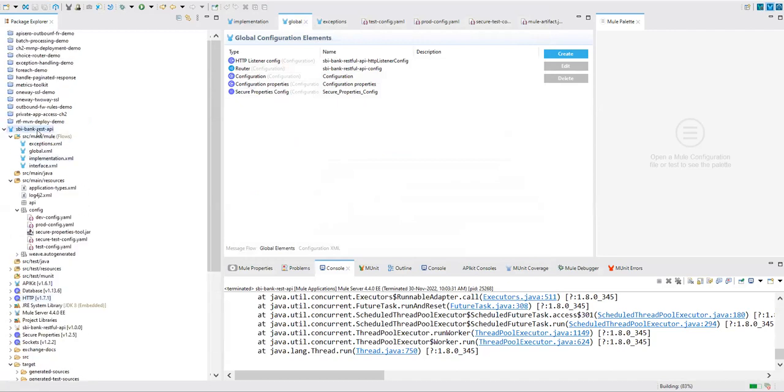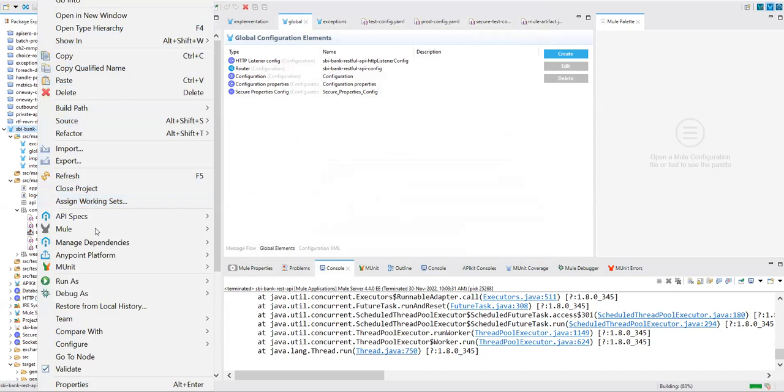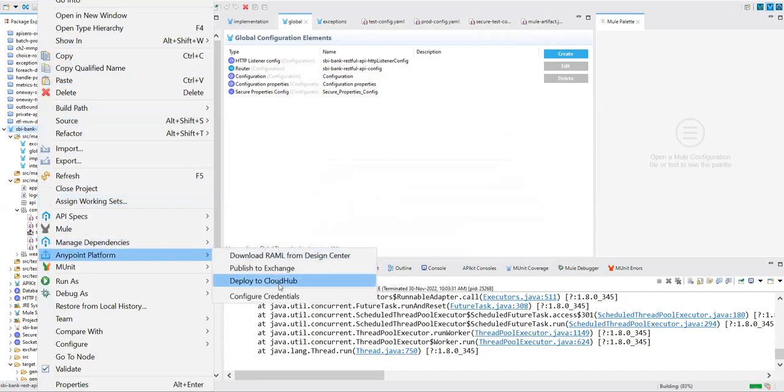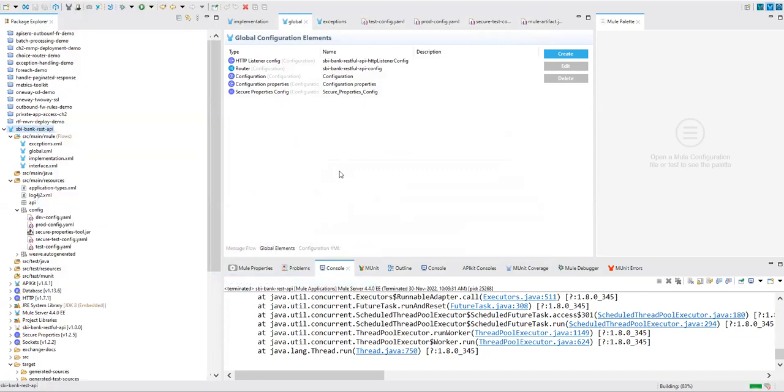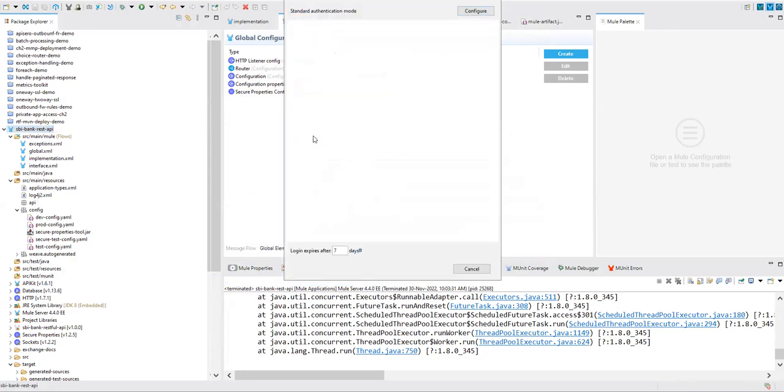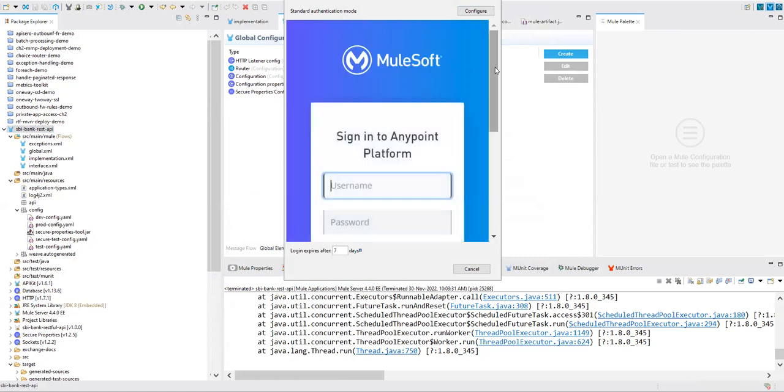Let's go ahead and deploy this project to our Anypoint Platform, CloudHub. Okay. That's the last part of this session. So we talked about normal properties. We talked about secure properties. Now we're talking about sensitive properties, which will get